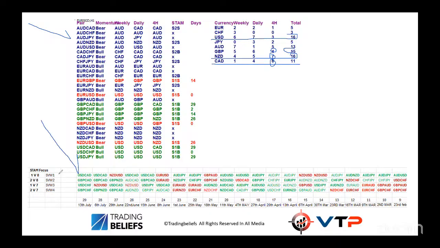If you look at the STAM focus for this week, you would have been long dollar CAD, but you've not really had any opportunities to trade that, as well as pound CAD. As I said, the Canadian dollar had its bump this week, but also long dollar Swiss and long pound Swiss. So my pound Swiss trade has worked its way out, and that's just been very nice. In terms of going from STAM 2 to STAM 1 on that, that's the way it's worked.